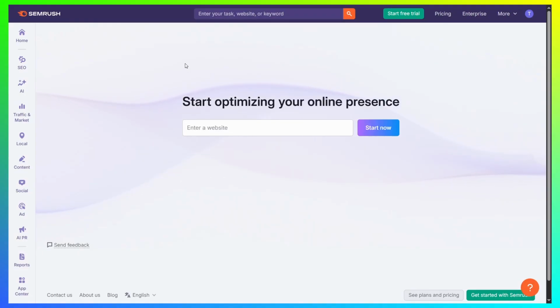Now, once you actually sign into Semrush, all you need to do to get the search volume of a keyword is very simple. There's actually two different ways. One for specific keywords that you want. So if you have a specific topic, for example, ergonomic chairs for back pain, then in that case, you want